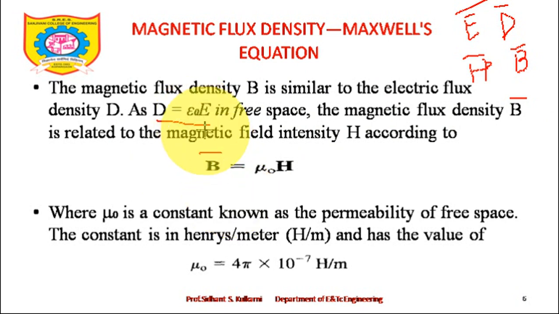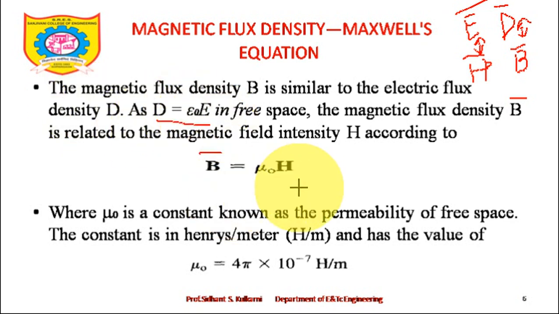See, here it is epsilon 0, here it is mu 0, D bar is replaced by B bar, E bar is replaced by H bar. Are you finding certain analogy between them? They are not directly related, but Maxwell's relation has given a certain relation between these, which we will see. But see, D bar is equal to epsilon E bar and B bar is equal to mu 0 H bar.